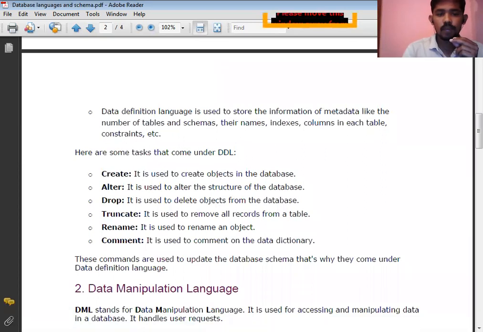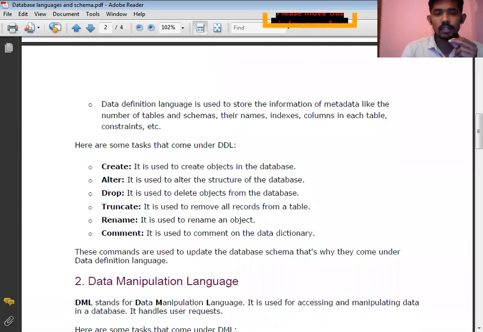Here are some tasks or commands used in data definition language. First one is create. The create command is used to create objects in the database. For example, for creating a table, we use the create command. Second command is alter. Alter command is used to alter the structure of the database.